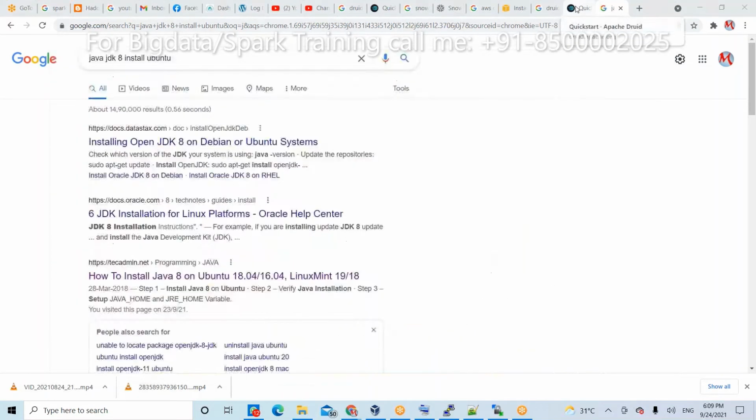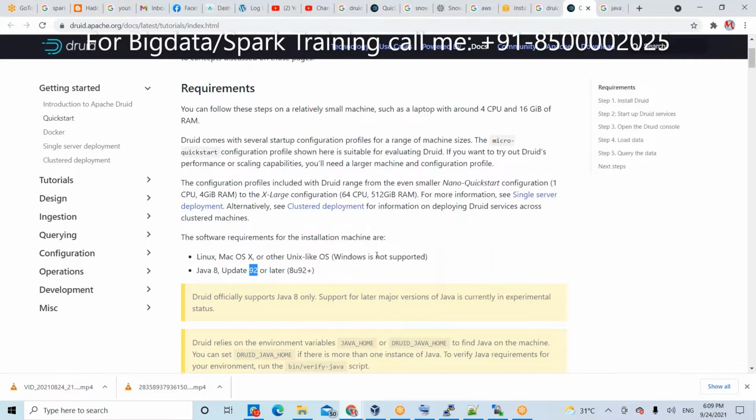As per this documentation, you must configure JAVA_HOME also. You must configure all these things.